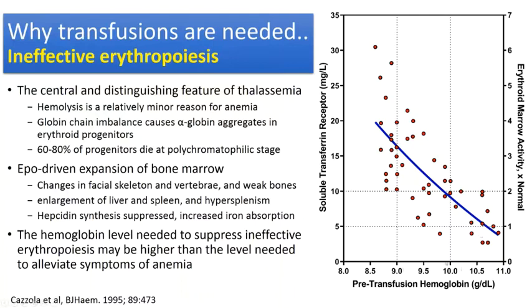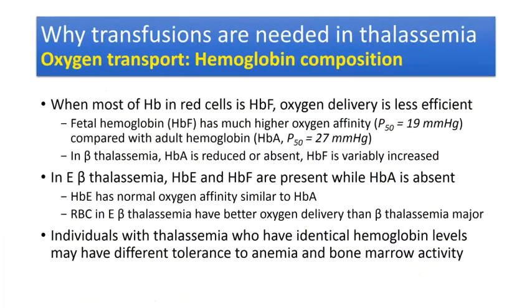We think that when you reach a pre-transfusion hemoglobin of 10, all patients will have erythropoietic activity below 10. Whereas if your pre-transfusion hemoglobins are between 9 and 10, then many patients will have increased erythropoietic activity, which could be anywhere up to 4 times normal. But if you're below 9, then your marrow activity is enormous with those numbers. So these investigations have been very informative in forming the opinion on what kind of pre-transfusion hemoglobins to maintain.